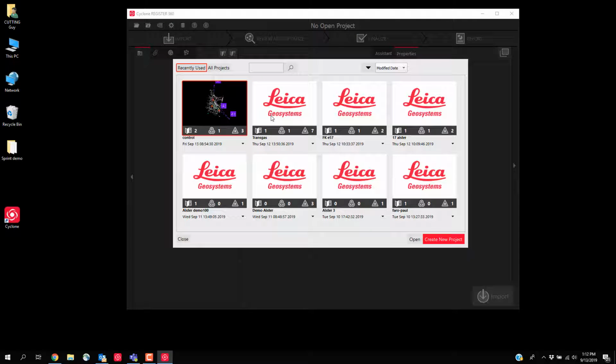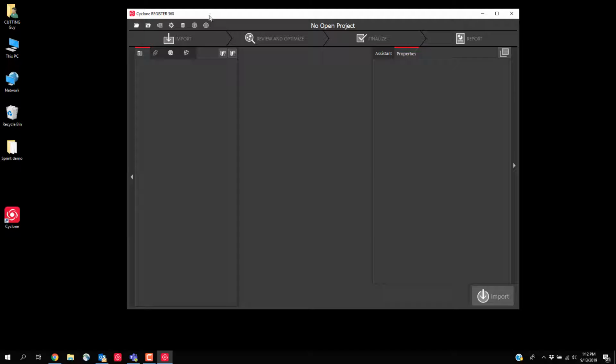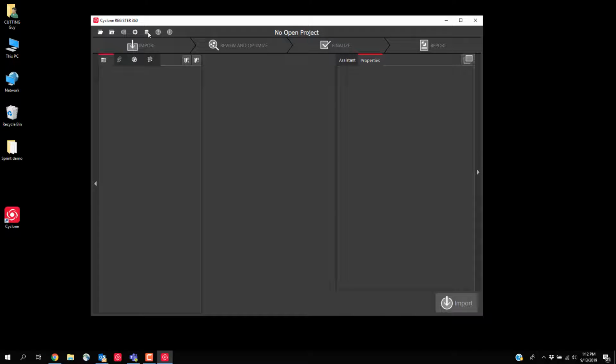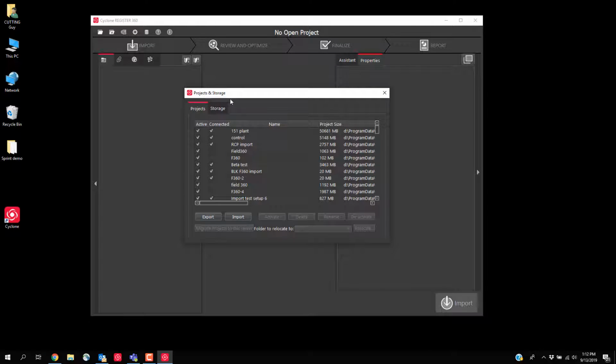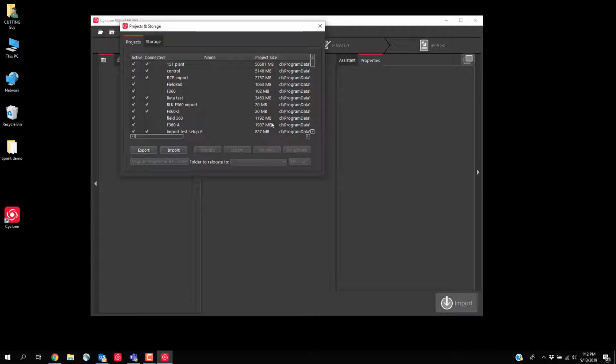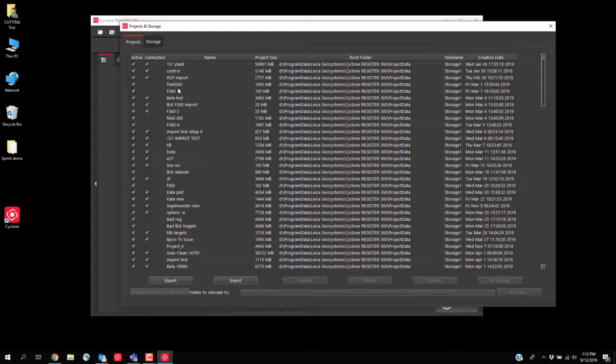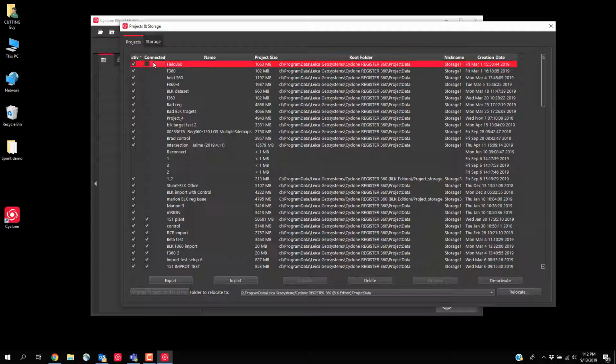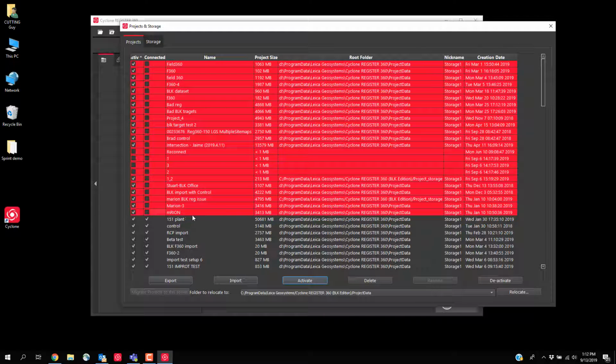Okay, so here's my full edition. And now I can open up my project storage folder, and you'll notice I want to bring this up here, and I line up by connected. You'll notice all of these projects are listed but not connected. This is because they're now connected to the BLK edition, and they can't be connected to two different instances of